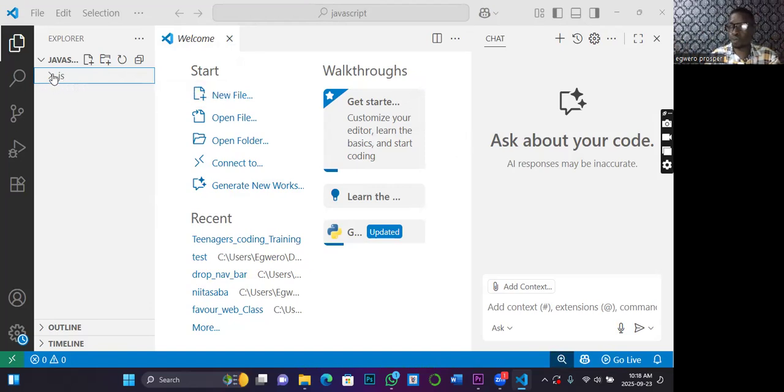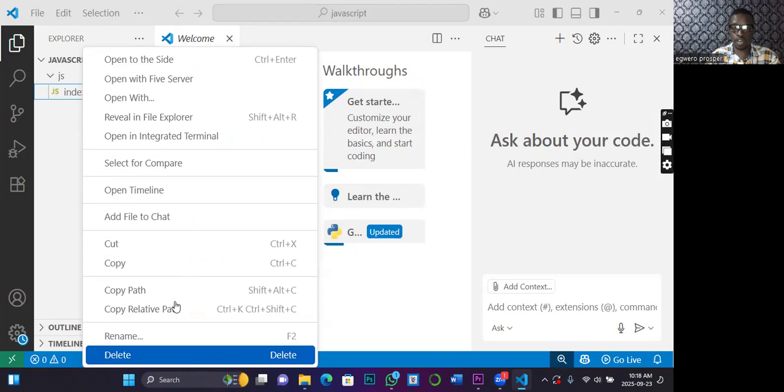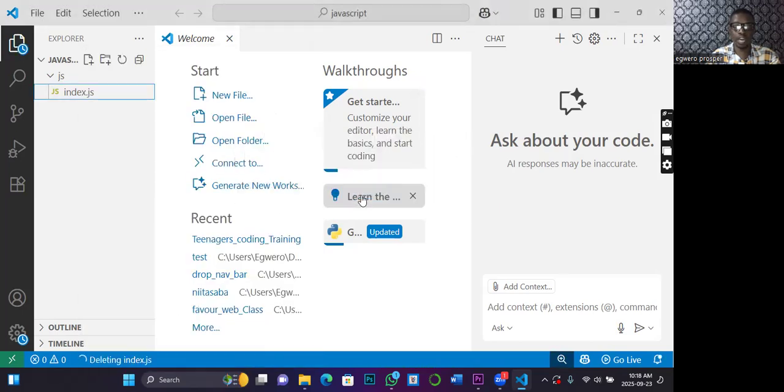JS. So if I want to see what I have inside it, I will just click, which means that I already have a JS file created. But like I said, I want to wipe off everything so that I will know how to start. So I will first of all go into the JS folder by ensuring that the arrow faces